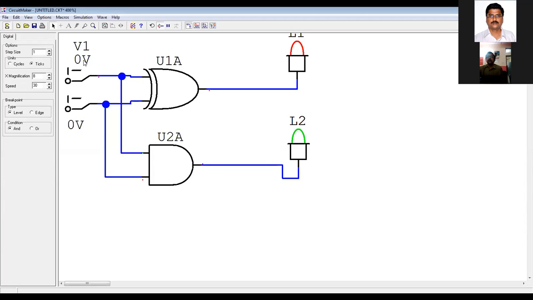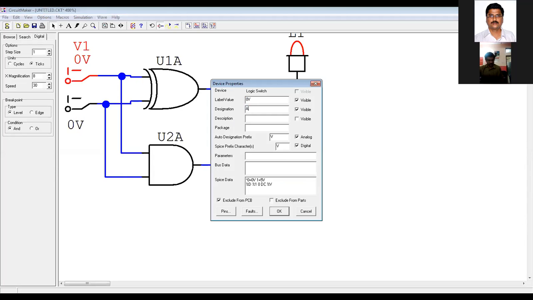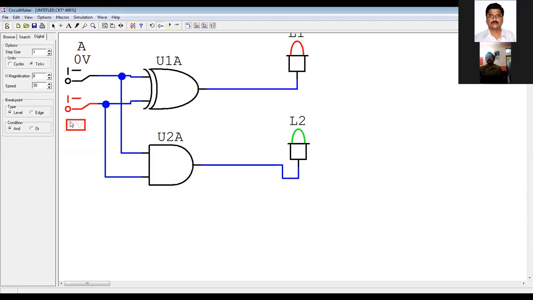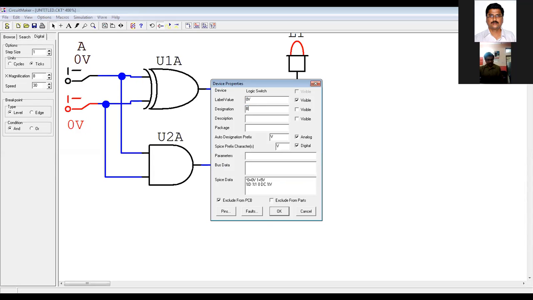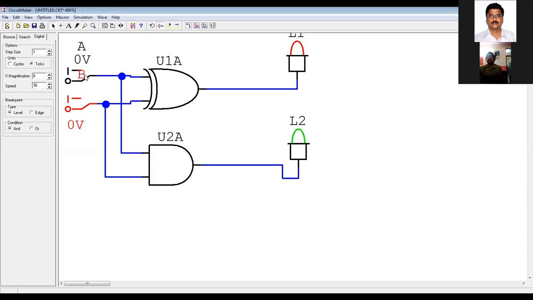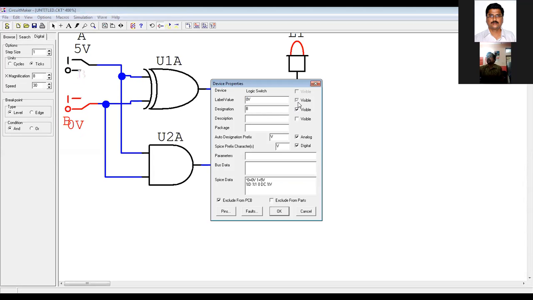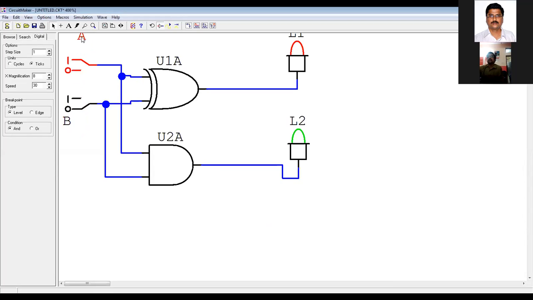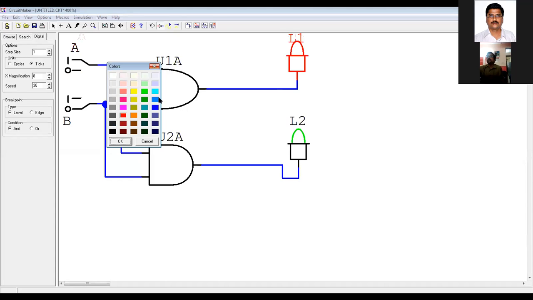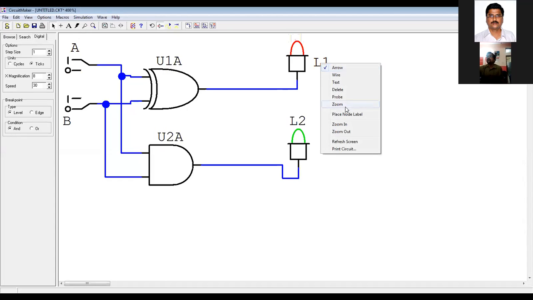Now both are 0. This is A. So as not to get confused, let me write it as input A, and this as input B. Let me change the properties of this also.